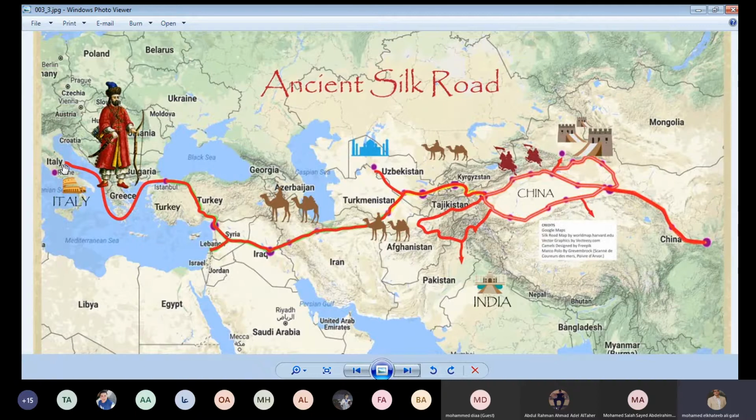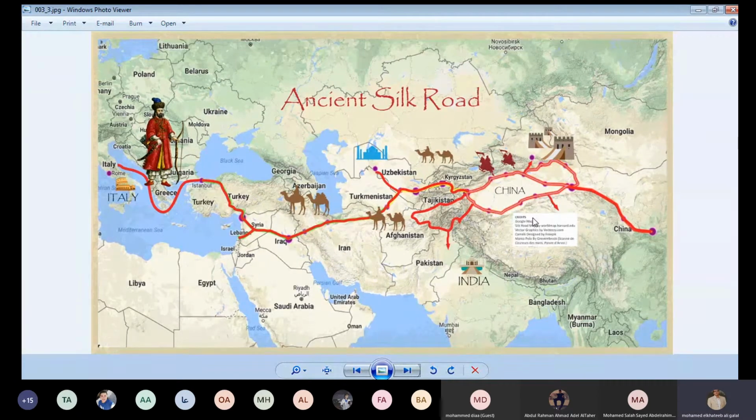For example, we can look at these goods as some kind of luxury life. So what's the harm if I didn't buy some precious stones, for example? I do not need it. I'm not a wealthy guy. I do not need a precious stone. I do not need a specific kind of jewelry. I do not need it. For example. But there are some essential goods to all of the Europeans at that time.